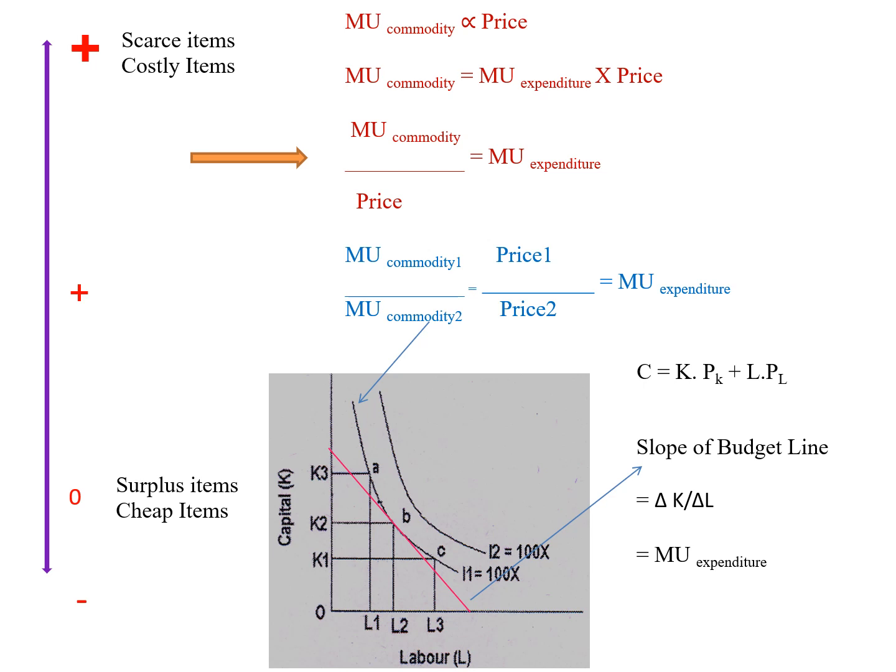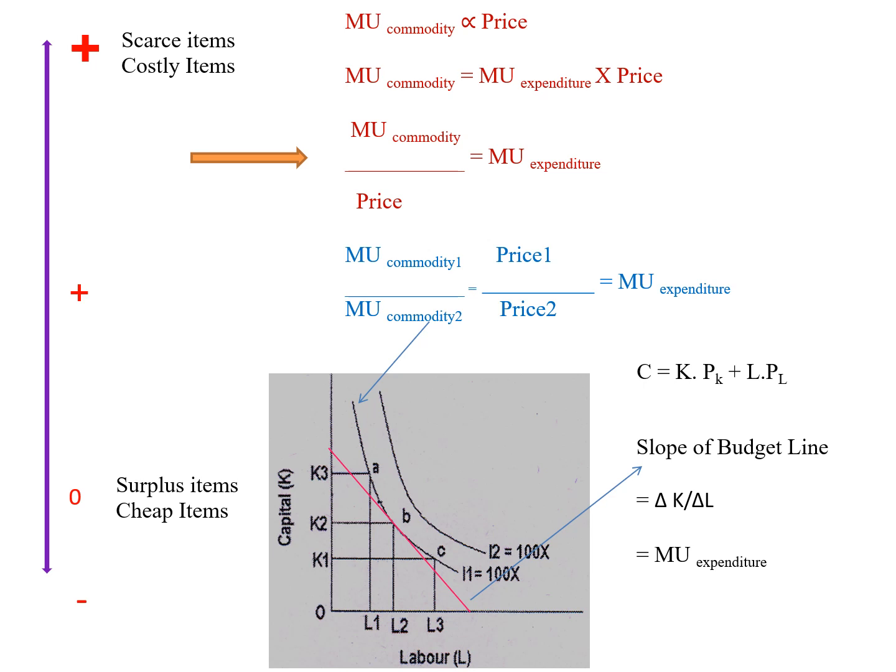So if you would like to draw a budget line, definitely it should be equal to the slope of the isoquant. It means the slope of the isoquant. If the slope of the isoquant is equal to the slope of the budget line, then you will find the output will be maximum at the minimum cost.